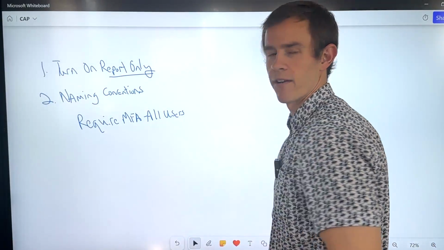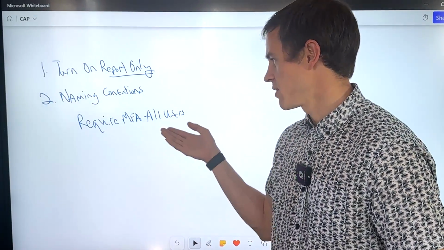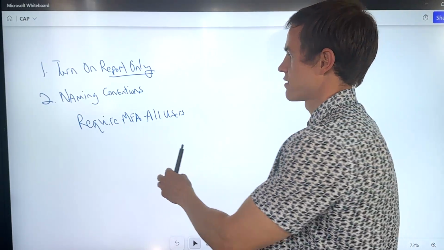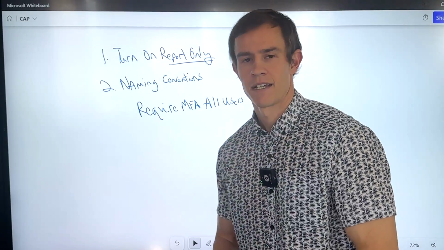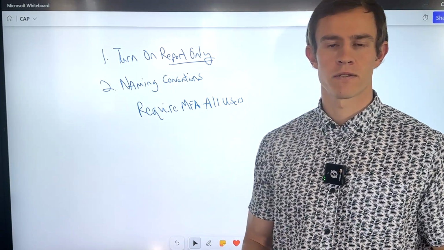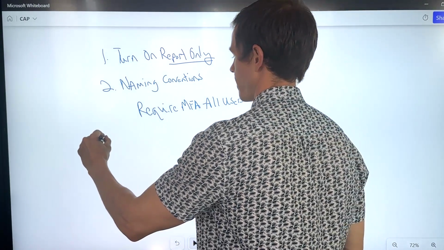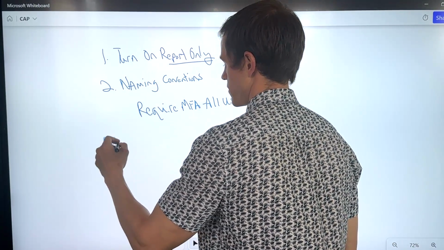As an example, require MFA all users. If that's what you name it in one tenant, that's what you name it in all the tenants as well. Just again, so you have some consistencies there, and it'll make it easier on your technicians or your service members that are actually implementing this within the environment. The third recommendation here